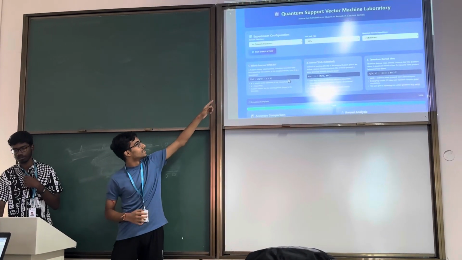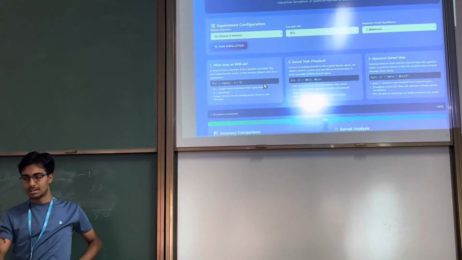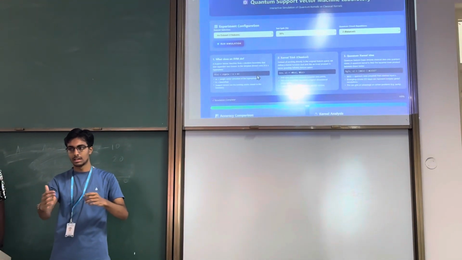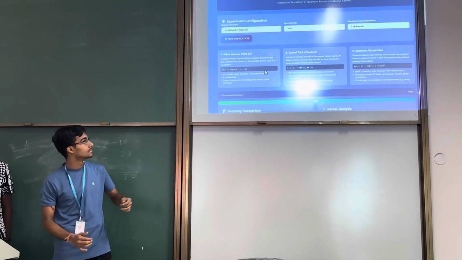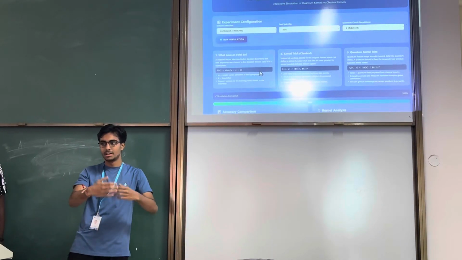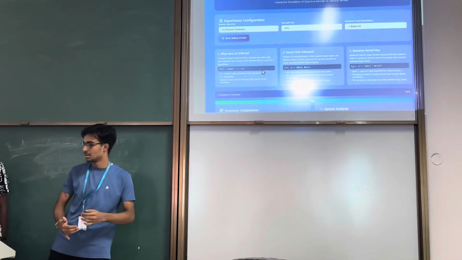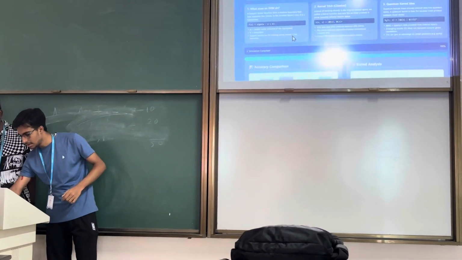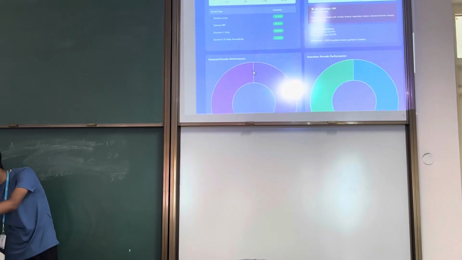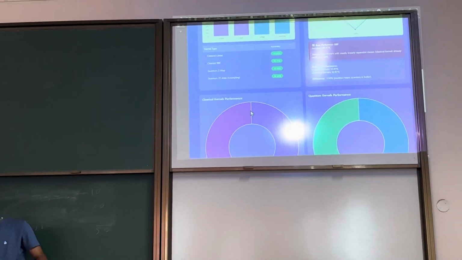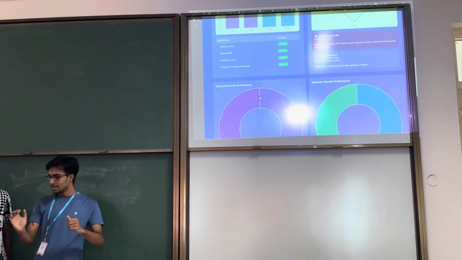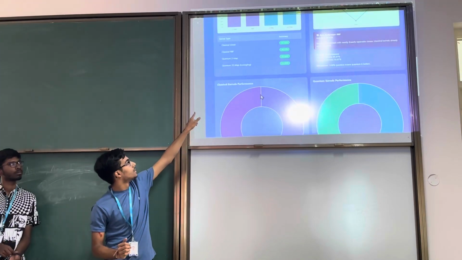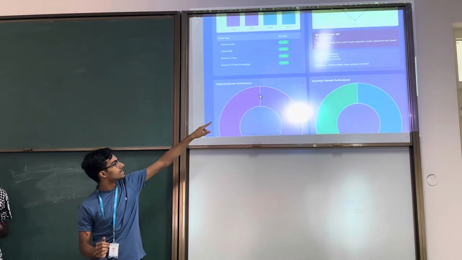So this is the iris data set. 30% will be used for testing the data, and 70% will be used for training the data in the QSVM and classical SVM. That is the repetition, how many times we run the kernels to get the accuracy. So we get the percentage. In this, the quantum one is slightly underperforming compared to the classical one. You see that in this data set, the classical ones are